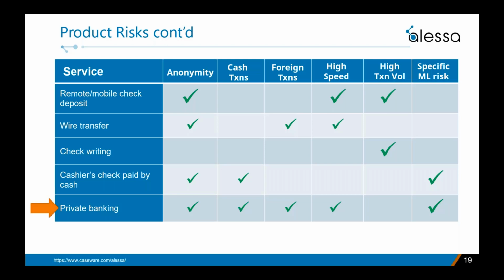Now, the last one, private banking, could also be the topic of a whole other webinar, but let's just talk about it briefly. Private banking services offer a very highly personal and discreet delivery of a wide variety of financial services to high net worth individuals and their corporate interests. On average, we're talking about someone with investable assets of at least $1 million or more. Customers most often seek out private banking services for, well, privacy, right? This might be based on reasons of public prominence or family considerations or sometimes even tax considerations.